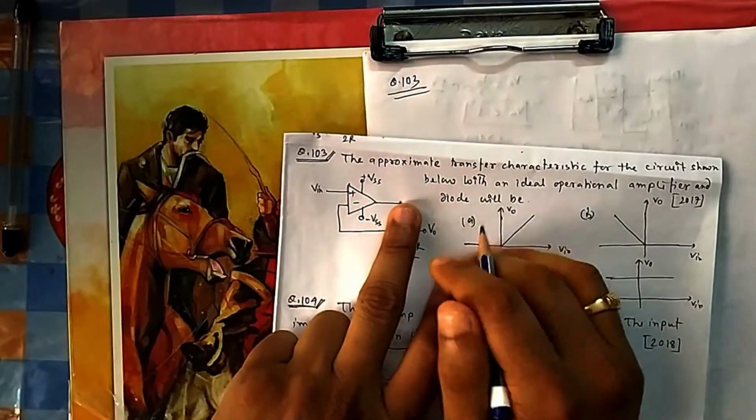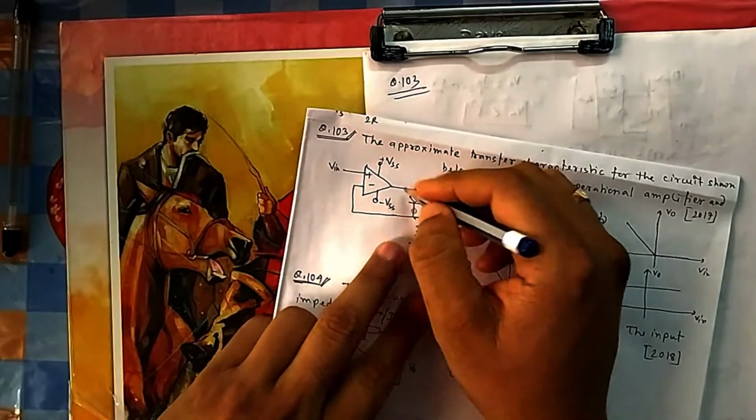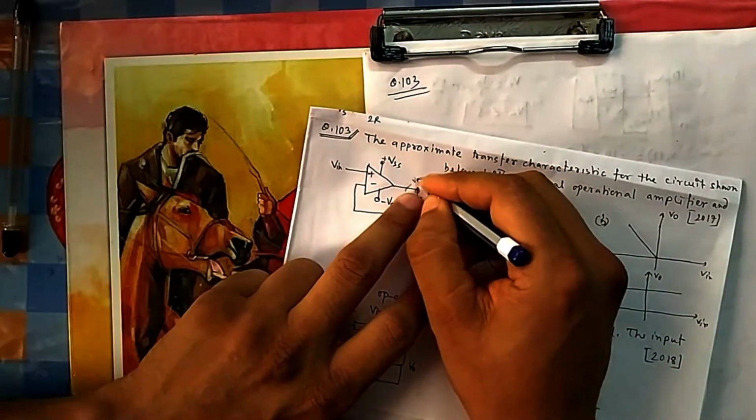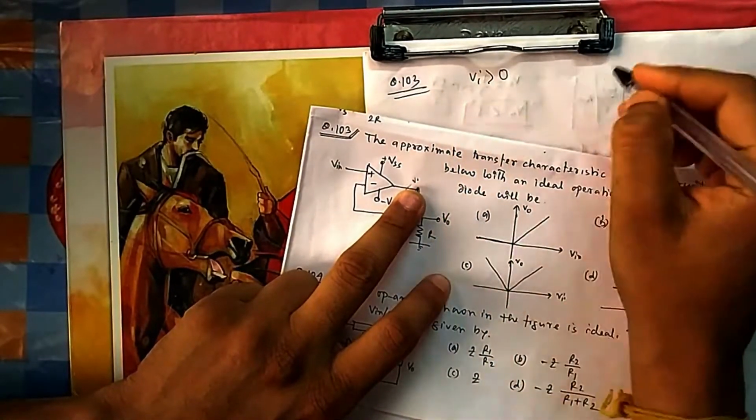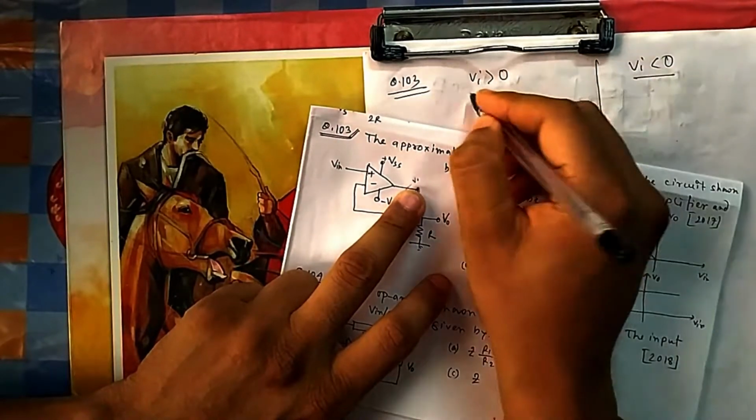This diode is removed. So this is your V0. Once this diode is removed, no feedback is there. So this becomes your V0. So it will be just a comparator between these two. If it is a comparator between these two, again your V0 can be two cases. V0 can be greater than 1, V0 can be less than 0 or greater than 0.